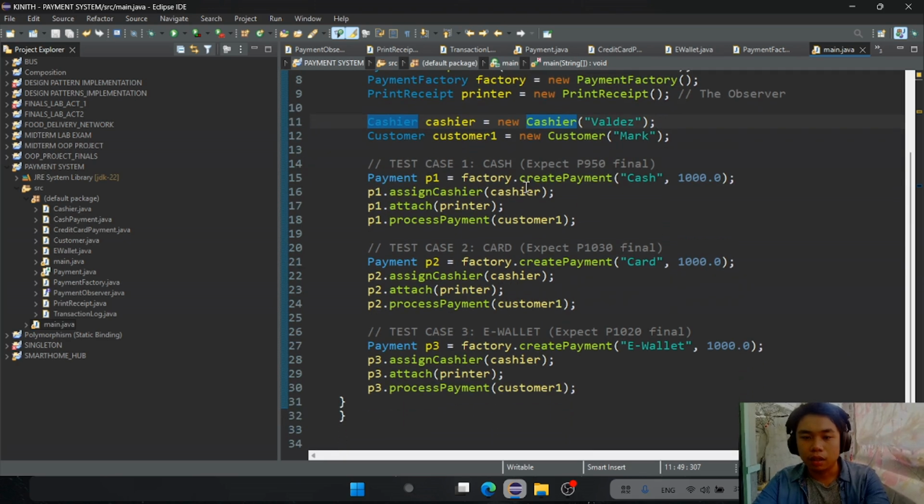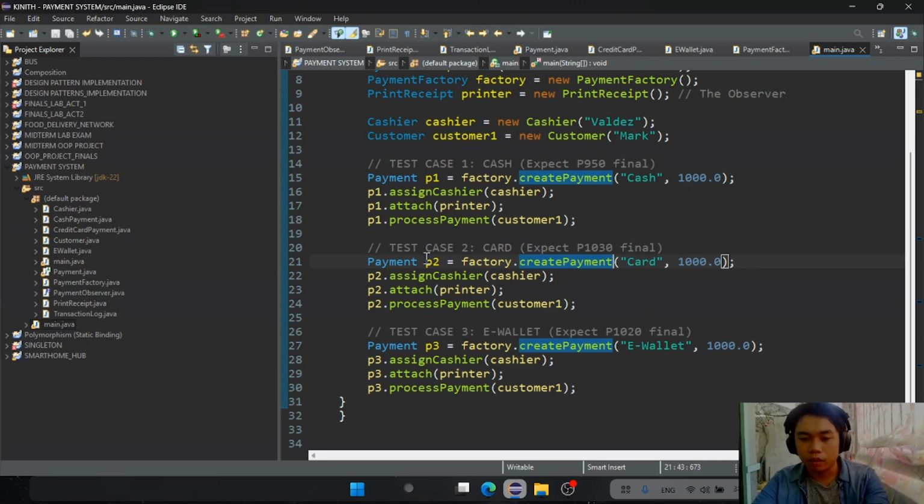After we create the customer, as you can see here, we instantiate payment P1, using the factory to create a payment that has cash and 1,000 pesos, and we assign a cashier here, Valdez, then attach a printer, then print the result.